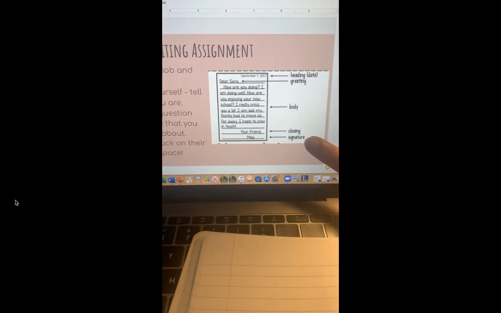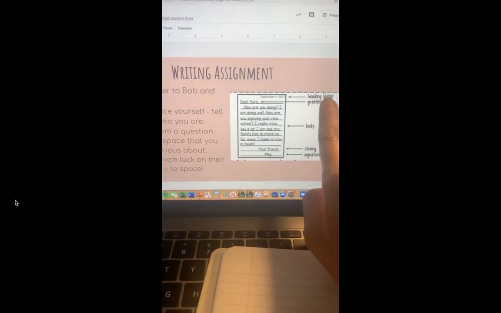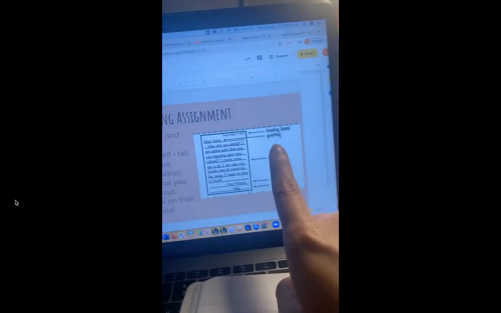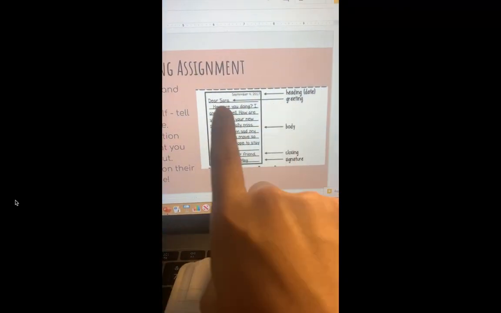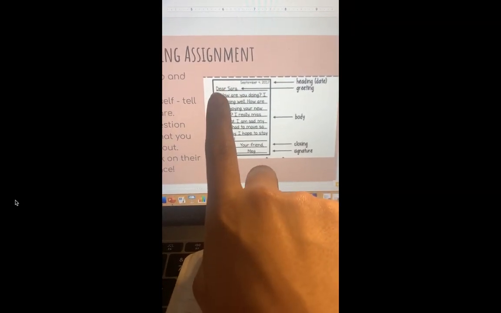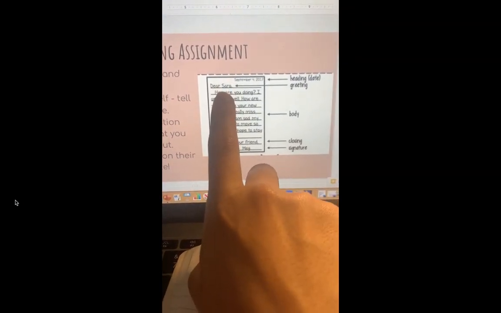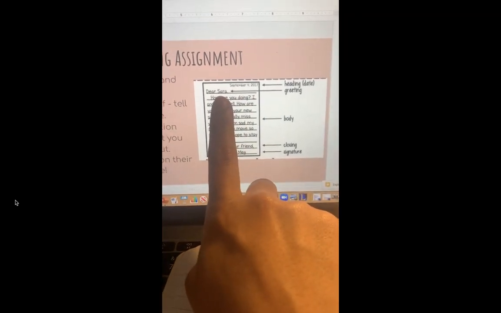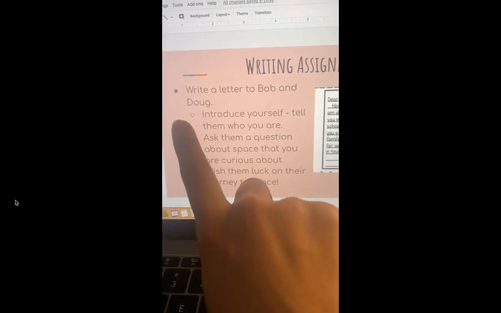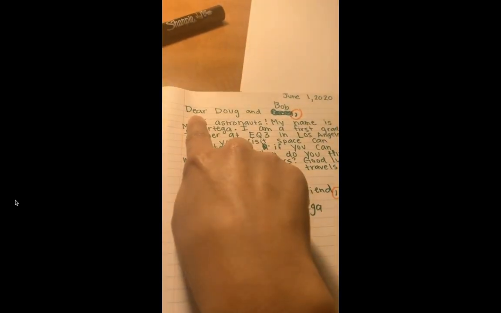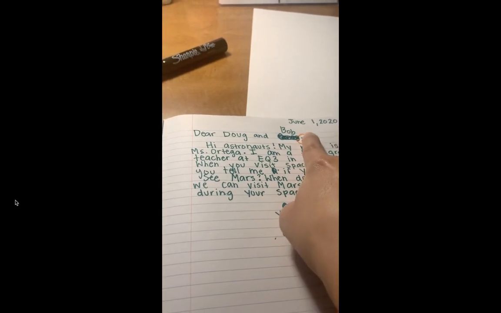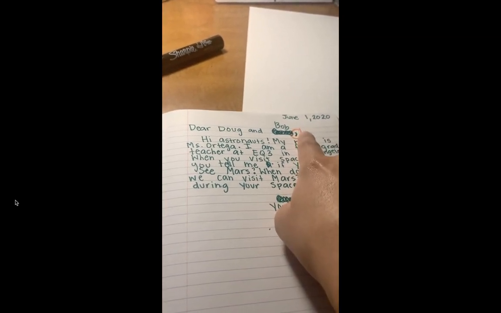parts of a letter. The first one is the heading, which is just the date on the right-hand corner, like this, June 1st, 2020. Then you will add your greeting on the left side. You need to make sure it starts with a capital letter, and you capitalize the names because they are proper nouns. We're writing our letter to Bob and Doug. So I said, Dear Doug and Bob. In your greeting, you always end with a comma, so you want to make sure you have a comma after